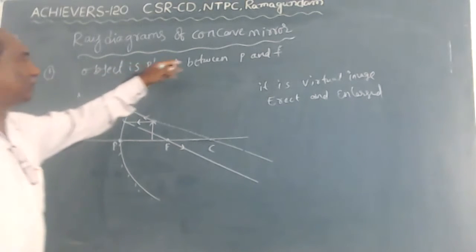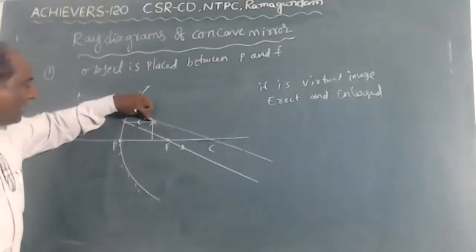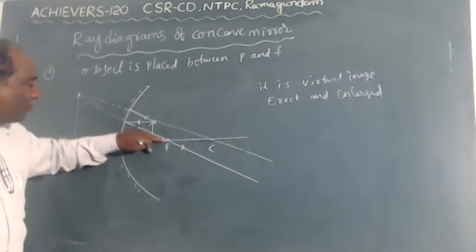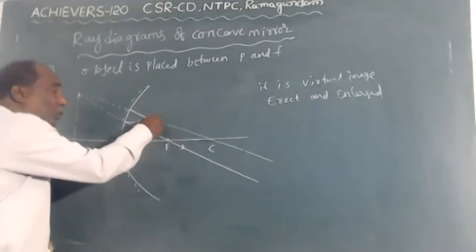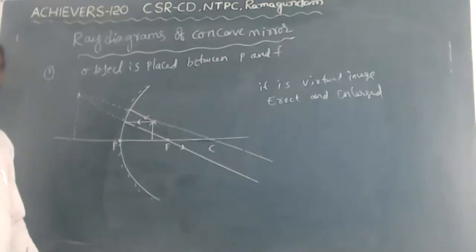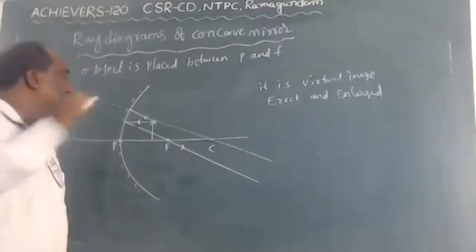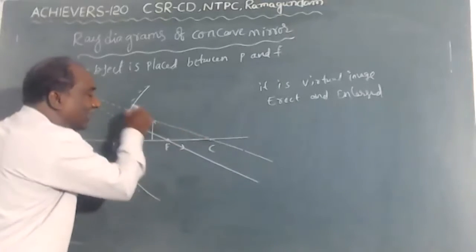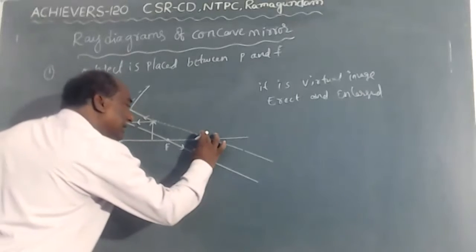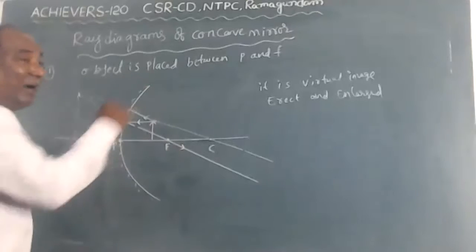Here the object is placed between pole and focus. One parallel ray comes from the object and strikes the curved surface. The reflected ray passes through the focus. Now here, it is very difficult to draw R2 because the object is very close to the mirror. That's why we have to take R3. R3 always passes through the center of curvature. When the ray strikes the mirror, it is reflected on the same path. Now both reflected rays are not intersecting; they move along straight lines. So there is no formation of image.